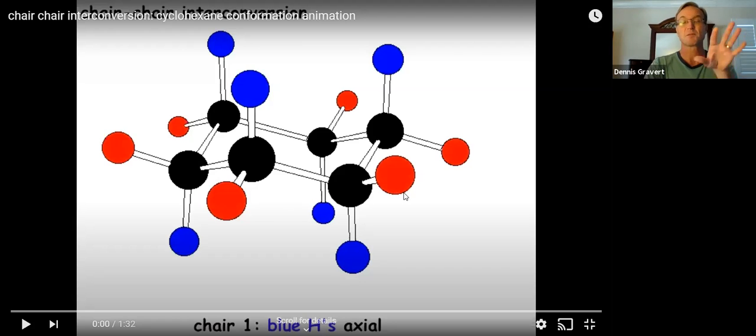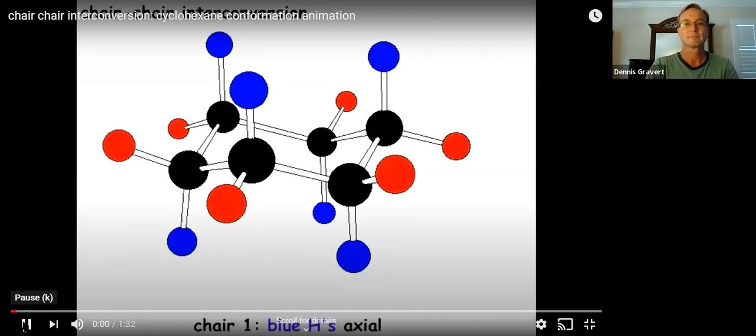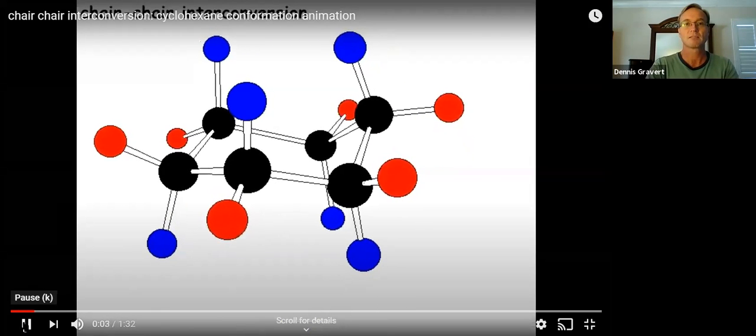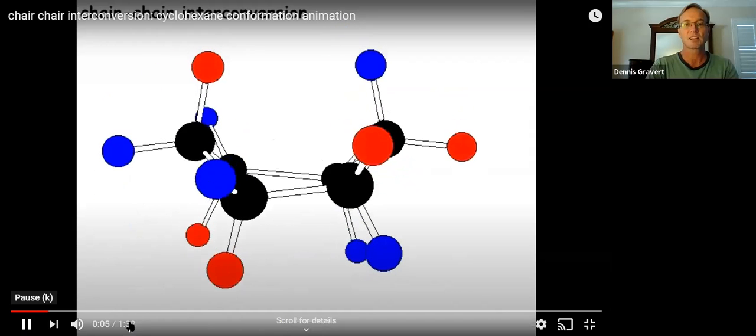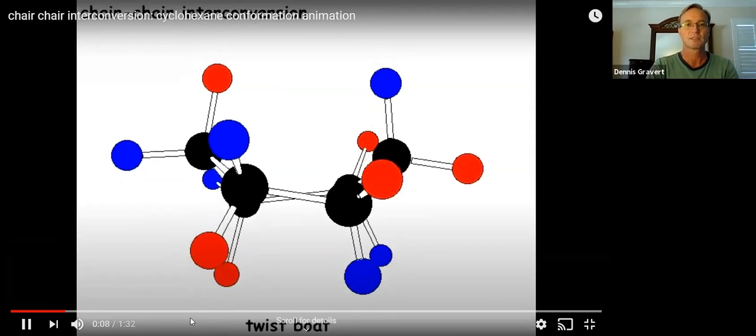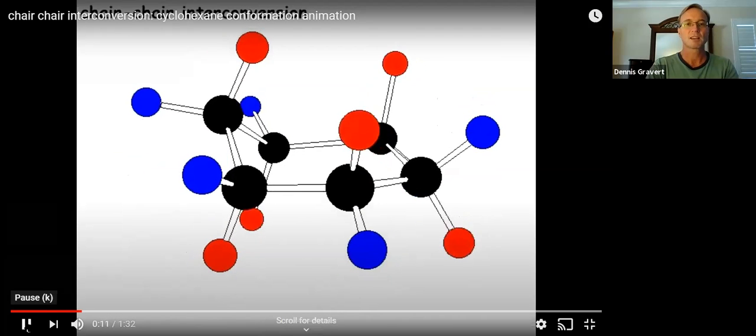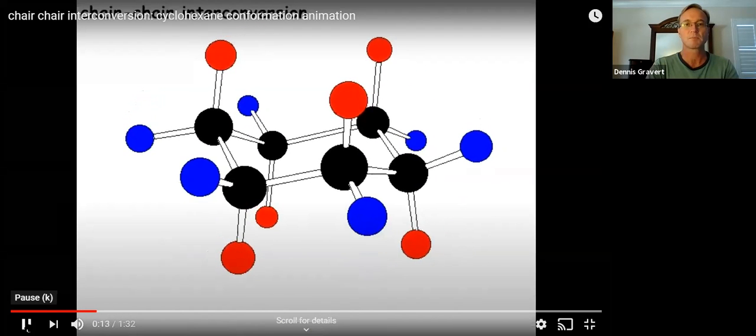Cool. Okay, so we froze cyclohexane in place. Let's let it wiggle. So put cyclohexane into solution. The cyclohexane molecules will collide with other cyclohexane molecules. As they collide, they'll bump, distort, twist, and bend, and change their shape. So let the movie start. Let cyclohexane start wiggling. Okay, bump it around. You might see a half chair, twisted chair, boat. And it gets back in a half chair, and then it's going to pause here at